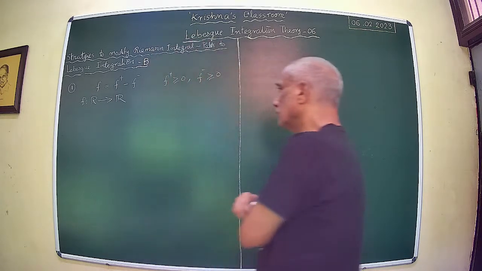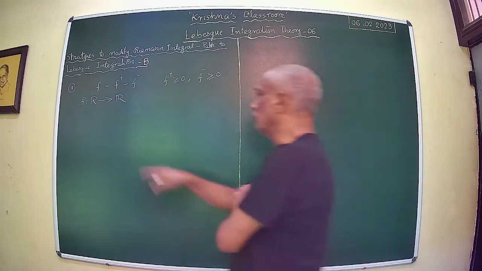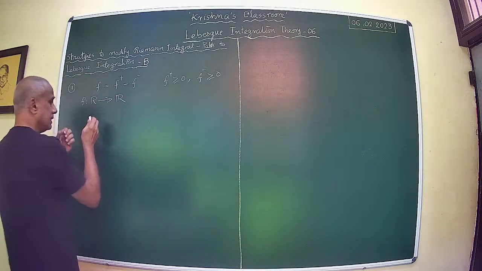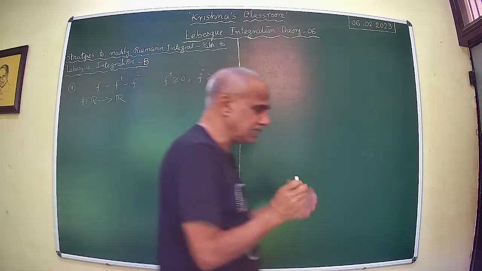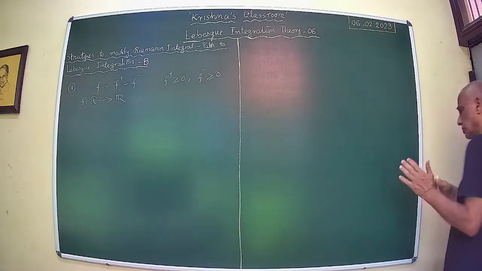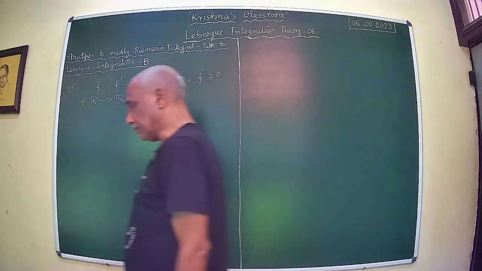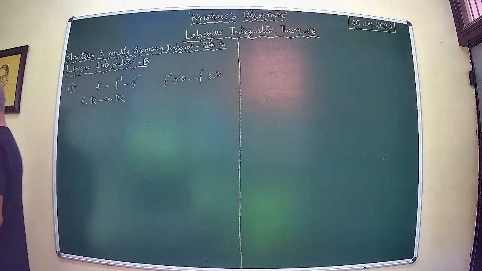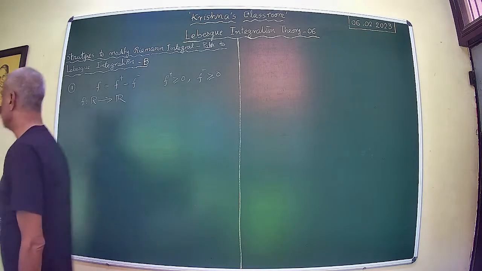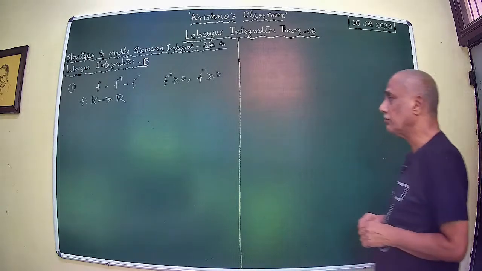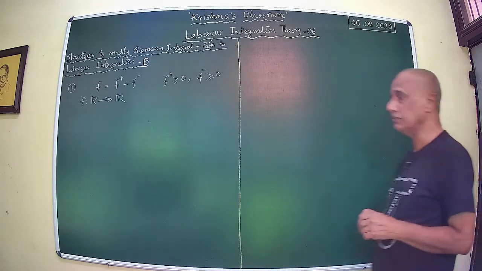Now, the integration that we have from our experience is the Riemann integral. We are going to extend this. Therefore, whatever integral that we end up with is going to inherit the property of linearity, which